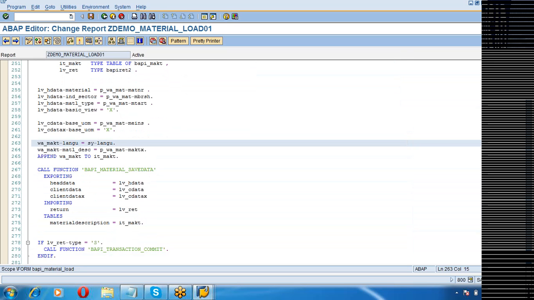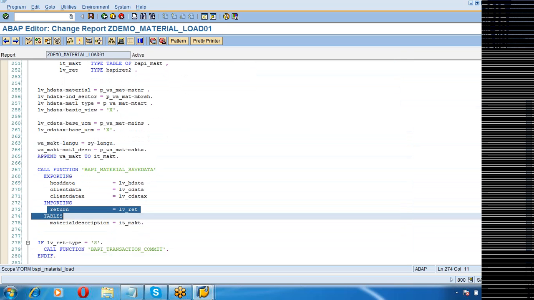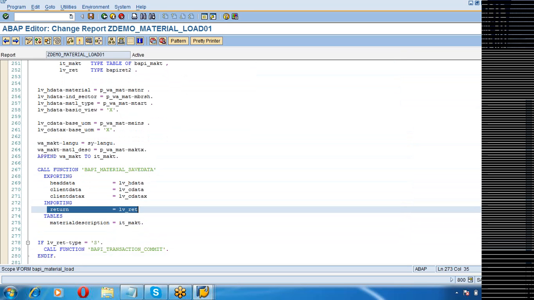While dealing with BAPI, you'll always come across the return parameter. It's a very important parameter. Because BAPIs are remote enabled function modules, they do not have exceptions. So if any errors occur while posting the data, the system is not going to throw any exception.